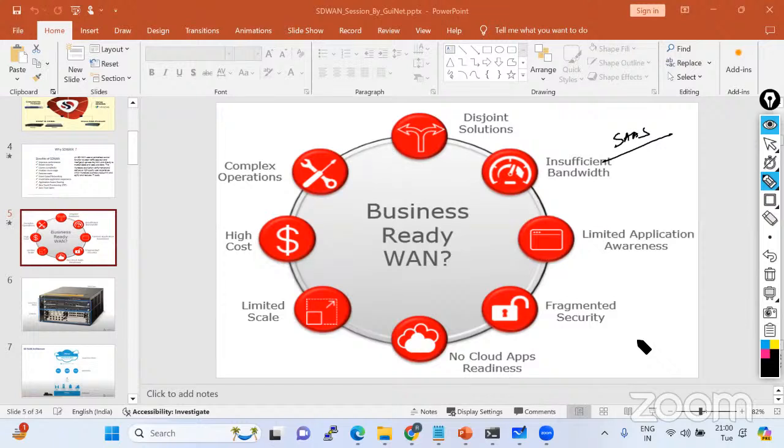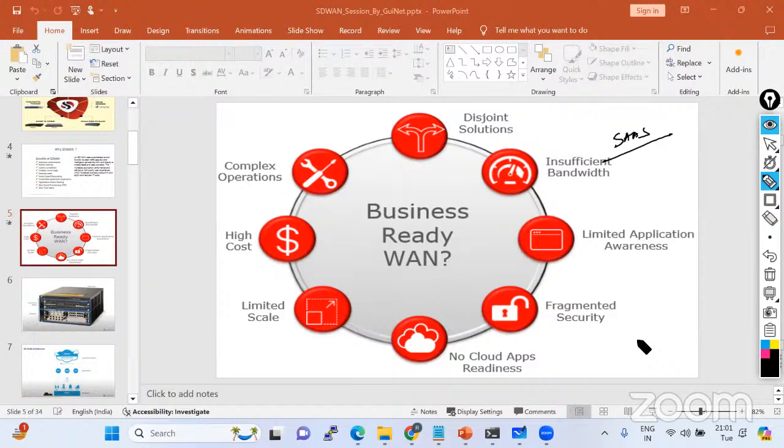Similarly, maybe your company uses multiple SaaS applications; Workday is one of them. There are a lot of SaaS applications, I'm just giving one application as an example. So how are you going to connect to all those SaaS providers with MPLS circuits, and are you able to pay all that money? No, but you want to adopt them. So how are you going to save your cost? That's why SD-WAN comes into the picture,